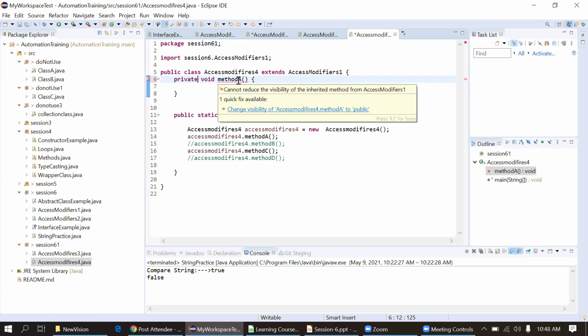Yeah, you can see it, we are getting an error actually. We cannot change. Cannot reduce the visibility of the inherited method. So the answer for Diksha is no, we cannot.